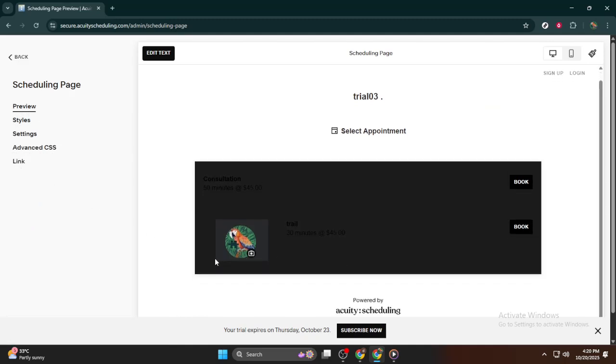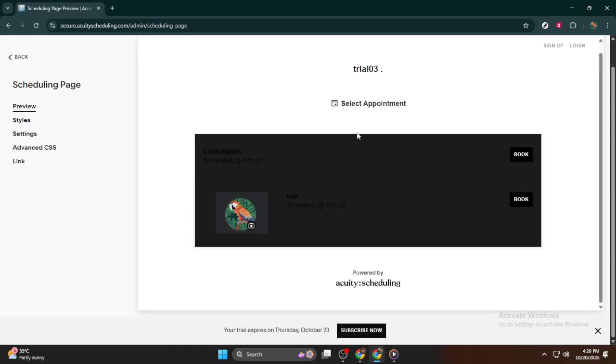Once you're there, look for the Appointment Types menu. This is where you can see all different types of appointments you've set up and manage them individually. Now locate the specific appointment type you desire to update. Clicking Edit gives you access to a world of customization options, and it's where you'll be able to add that